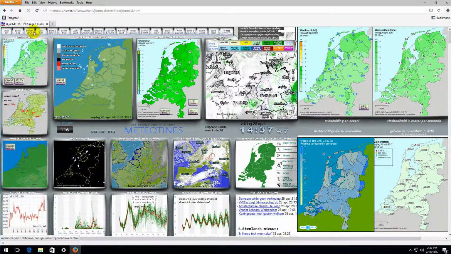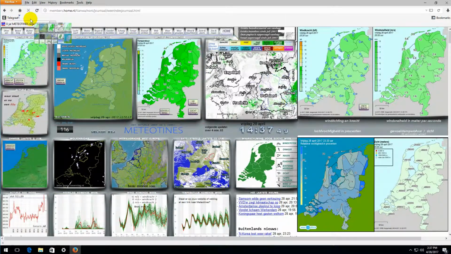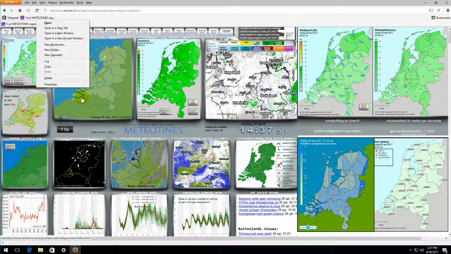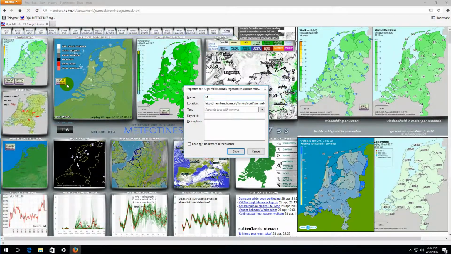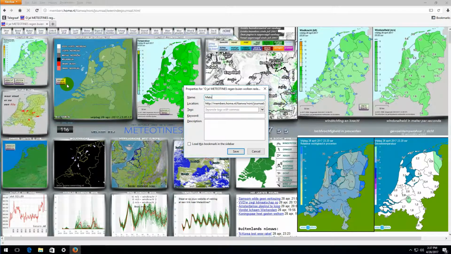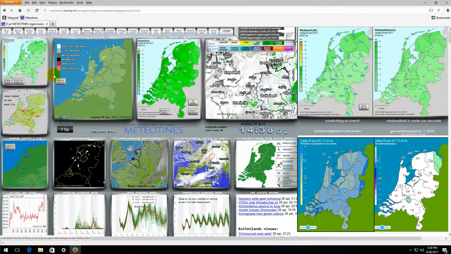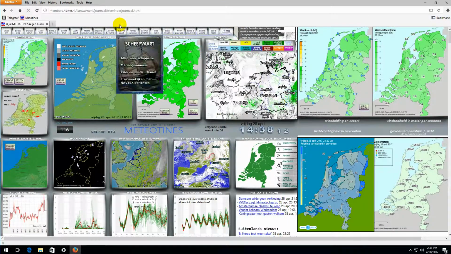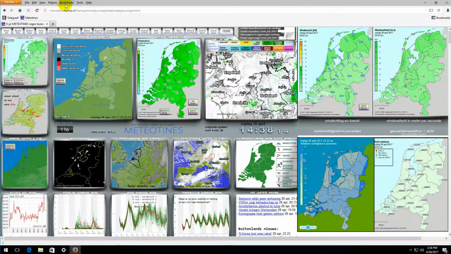So I can drag this one there too and change the name. Meteo Times, yes. And so I can add a lot of websites here on this entire bookmarks toolbar. Alright, on this bookmarks page